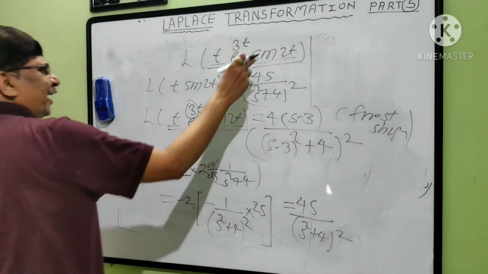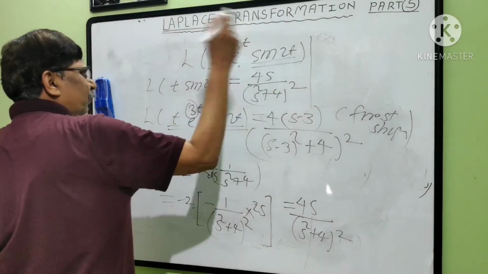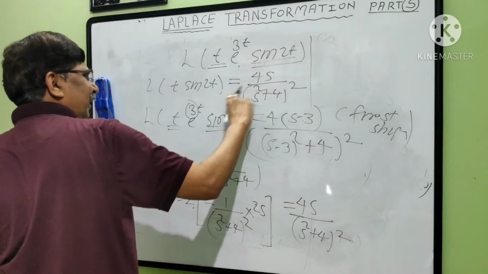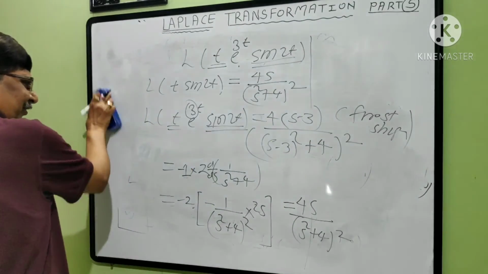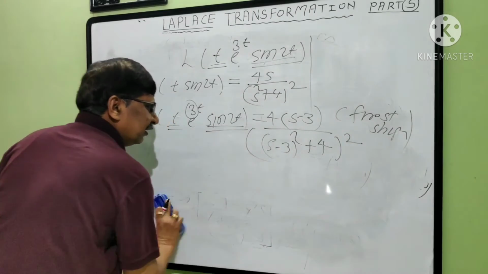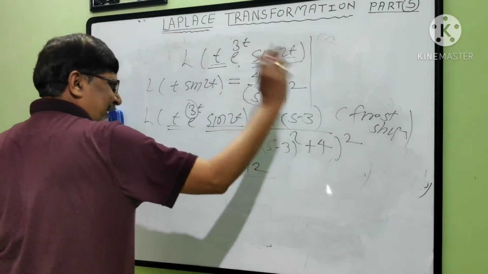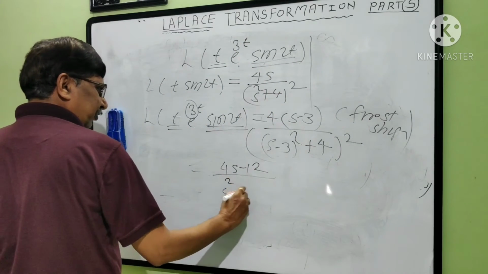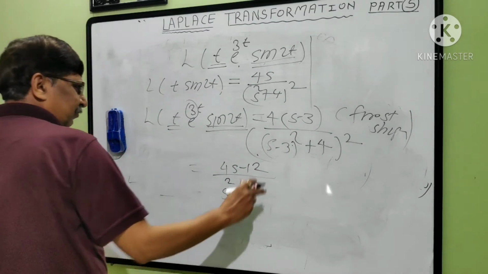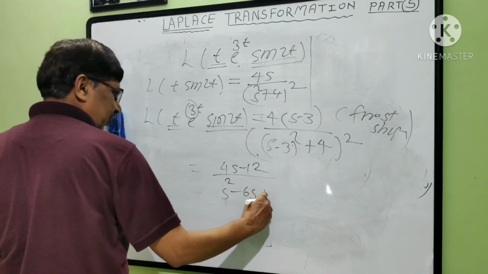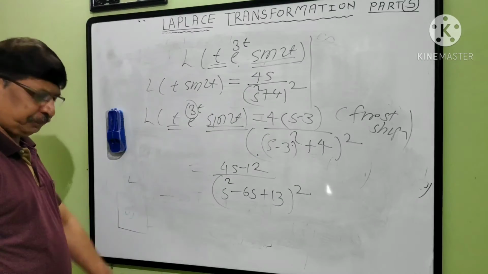First find the Laplace transformation of sin 2t. From that, t means first derivative, that is this much, and then e raised to 3t means by first shift theorem, replace s by s minus 3. Okay, replace s by s minus 3, that is 4s minus 12. Simplify this, or it is not necessary. If you want to simplify, s square minus 6s, that is not important. Actually the Laplace transformation is important. Plus 9 and plus 4, 13, and that is whole square. That is the answer.